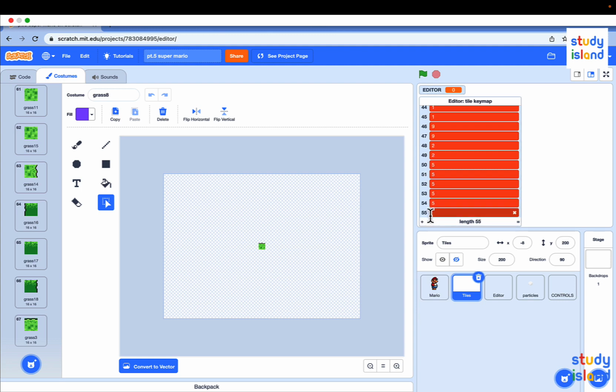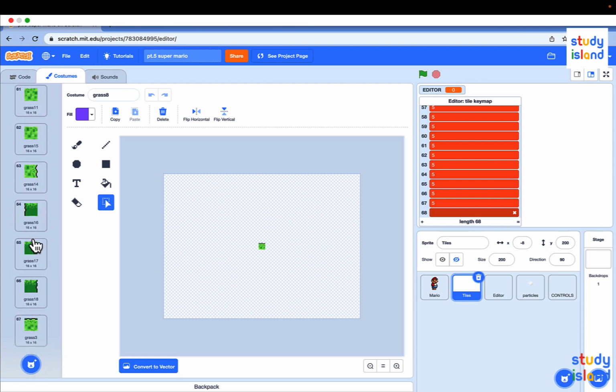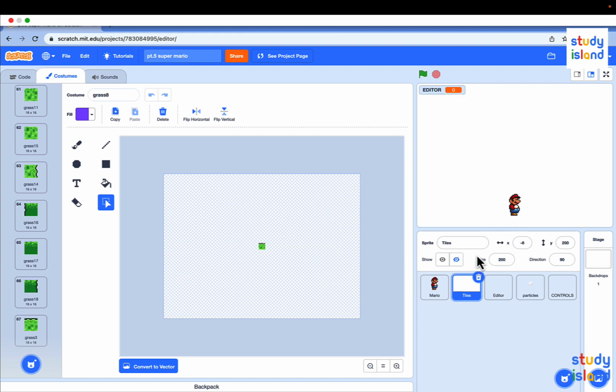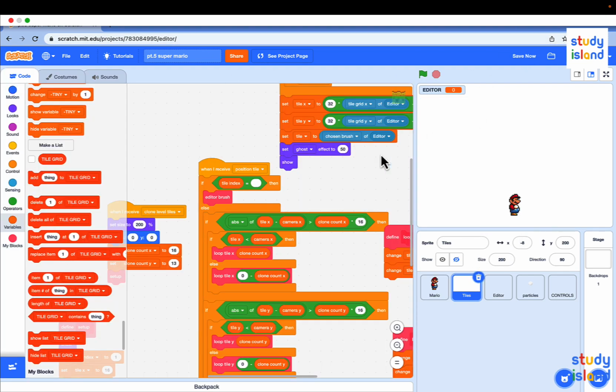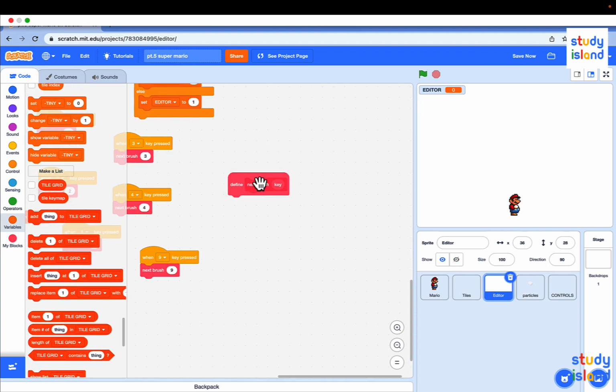I'm just gonna do it fast. Done. If you want to add more tiles, just edit the tile key map list. Now, hide the tile key map list, and we got all the tiles in place. Under the next brush,